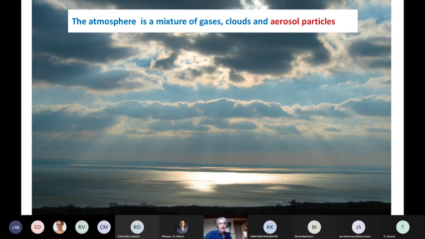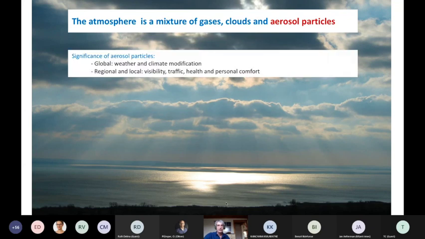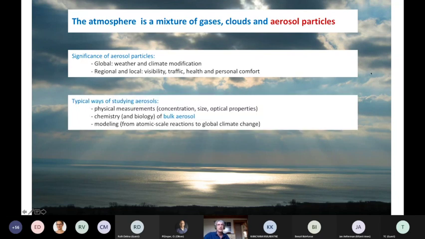So that's a totally different topic, but it also uses a lot of electron microscopy. We study particles in the atmosphere, aerosol particles, because they are important for global climate and also regionally and locally, as I'm sure you all have noticed. And this is a huge field. It's much larger than the normal mineralogy field in science. And mostly what people are doing is physical measurements and chemistry of the bulk aerosol, and